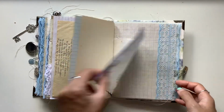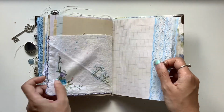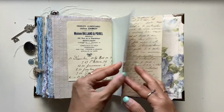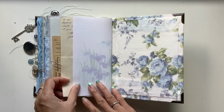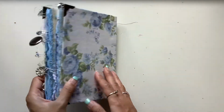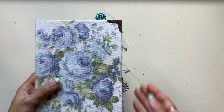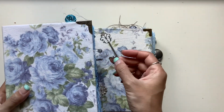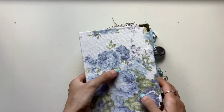So lots of pages for writing and adding your own pieces as well, and lots of texture and tactile elements. Look at this, love. Look at this letter, a piece of ephemera attached there, and there's the back of that one. So this is the 3 signature journal, the one that has the key. So in the listing in the Etsy shop, you'll see the journal always on the left has the key. All right, now this one is the 5 signature journal, which has,